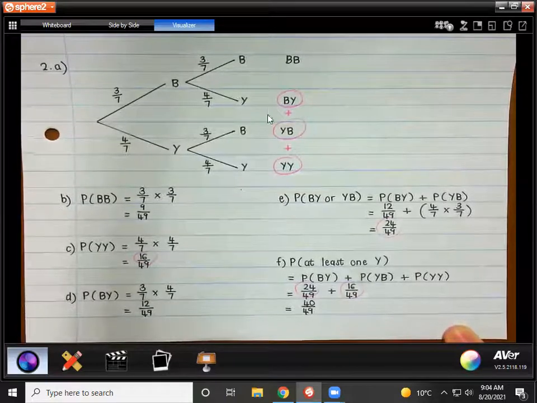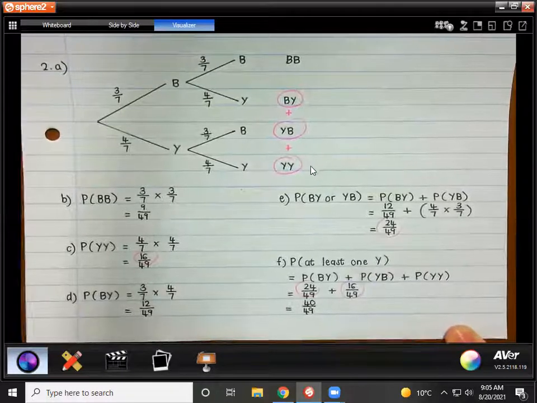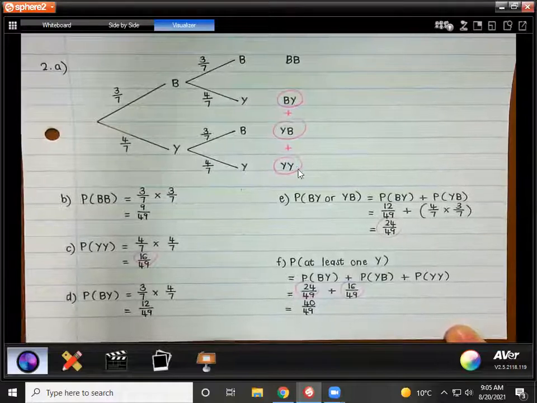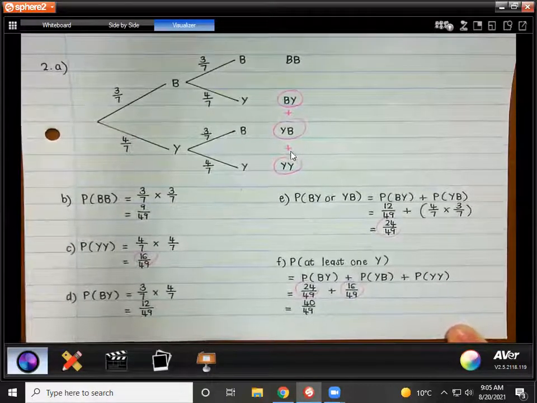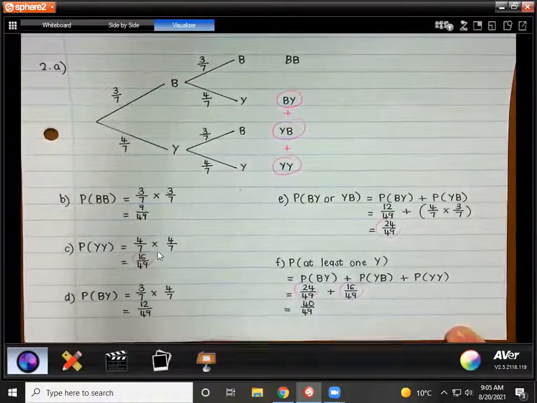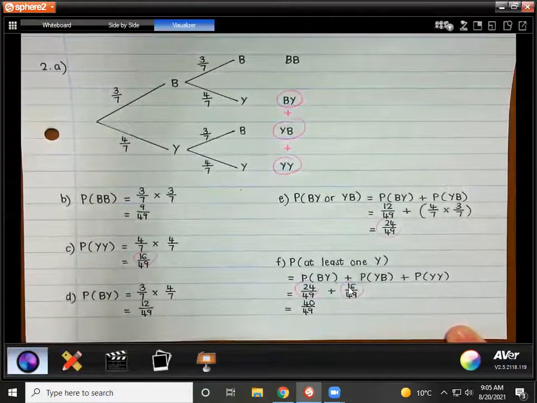And guys, by the way, we already calculated the sum in E, right? 24 over 49. We already have the sum of these two. It was 24 over 49. If I have 2 yellow balls, is there at least 1 yellow ball? Yes, so I must take this sum that I got in E and add the probability of 2 yellow balls. Now, have we maybe calculated that before? 2 yellow balls was 16 over 49. So do you see why I just added those 2 fractions together? We actually already calculated them.